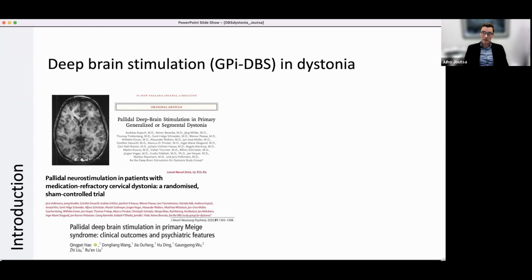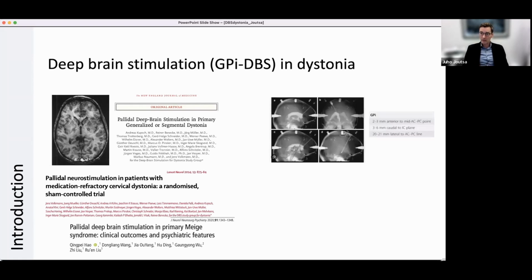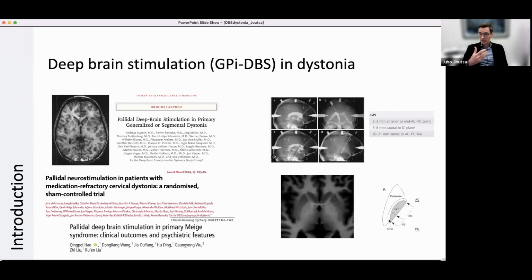The electrodes are, of course, placed in a neurosurgical operation, and the first methods were indirect approaches to target the GPI based on distance to anatomical landmarks. And you can imagine that there will be some variability in the exact lead placements when using indirect methods. More recently, direct methods have gained popularity, and here, with the guidance of modern MRI imaging, you can place the leads in the posterolateral parts of the GPI more precisely, but still there will be some variability between